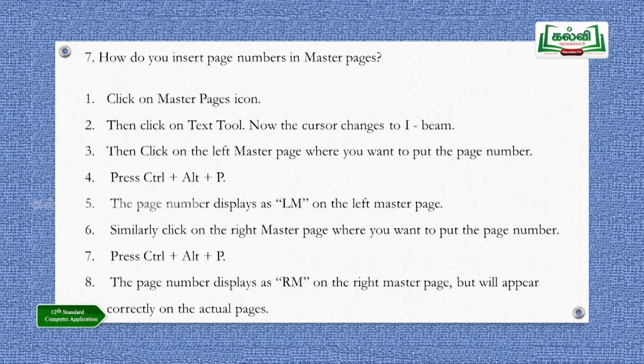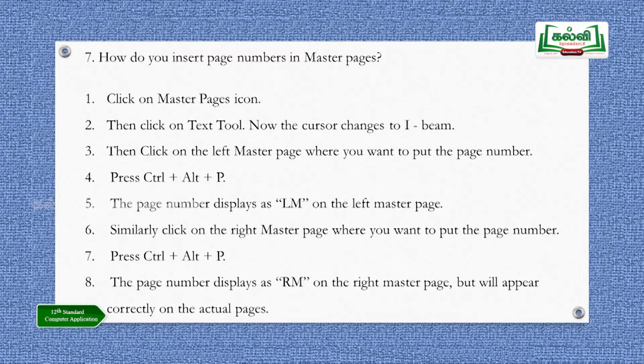Next we move on to the 7th question. How do you insert page numbers in master pages? Here you have two things to take, left hand side page number and right hand side page number. For both you have to explain. You may ask me, sir, why is this a 3-mark question when I have to write 8 points? As I told you in the beginning, certain questions will be lengthier, there is no other choice, because here you have left hand side and also right hand side. Left hand side you will have odd numbers, right hand side you will have even numbers. So you have to explain how to make them appear on the left hand side and the right hand side, which we will see now.